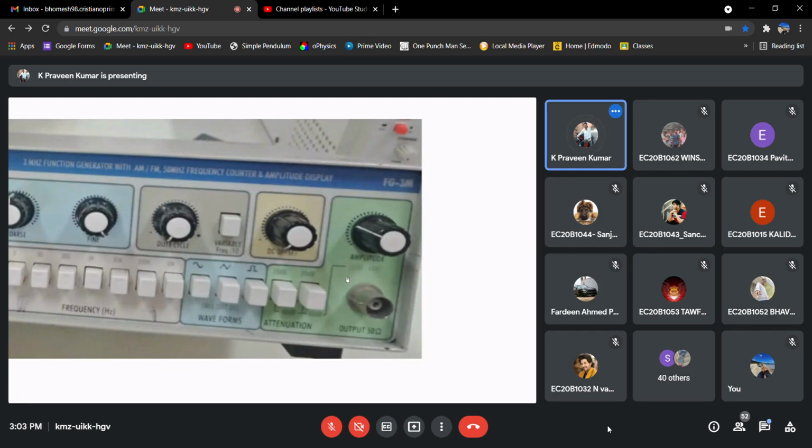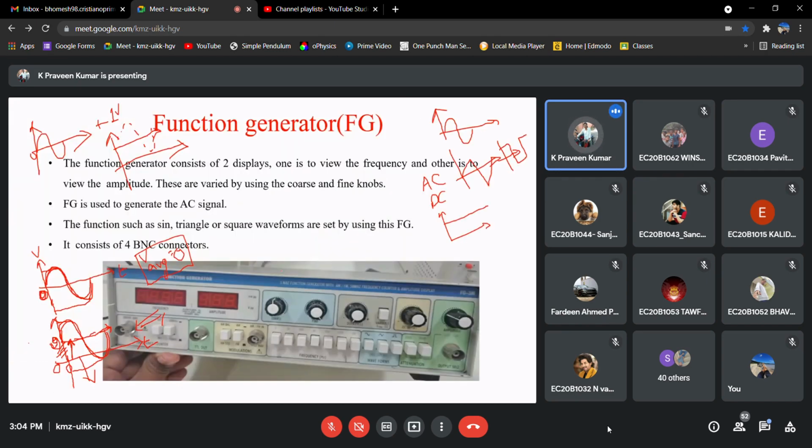If you want that shifting, we can adjust it with this DC offset. In general, we make all the signals alternate over the 0 component, not on a particular DC. Just by varying this one, you can see what DC offset is being added to the signal, right?